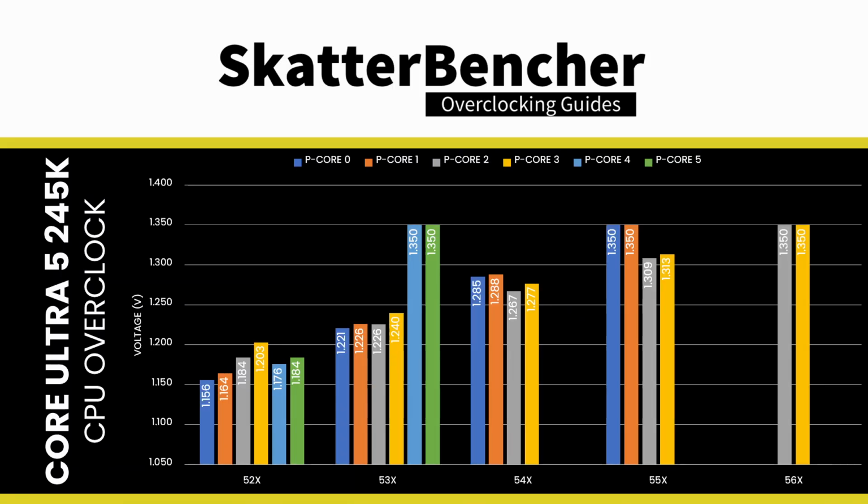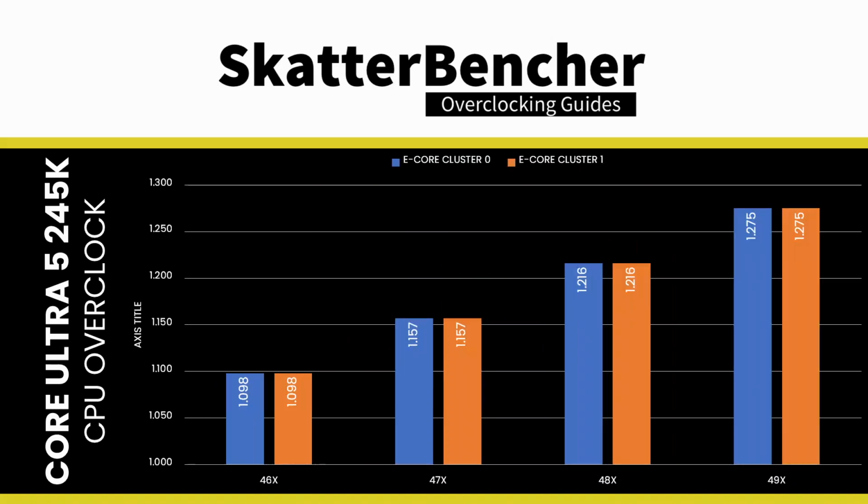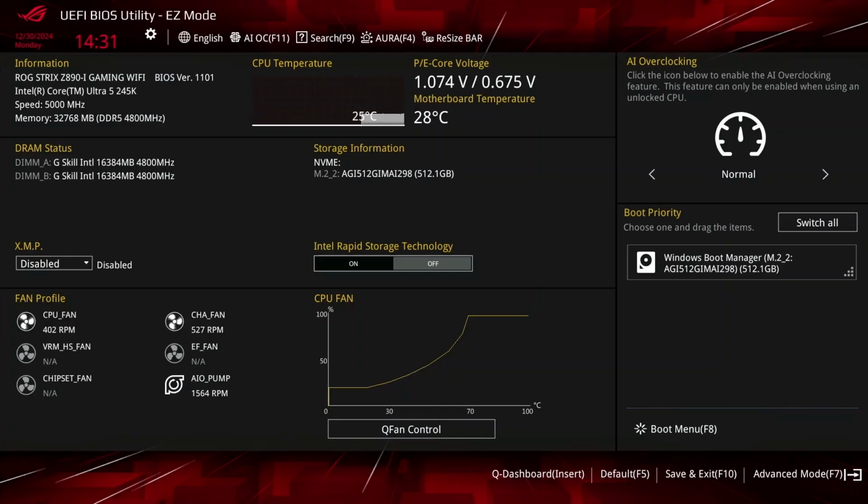With 1.35 volt adaptive voltage for the P-cores, I could increase P-core 0 and 1 to 5.5 GHz, P-cores 2 and 3 to 5.6 GHz, but P-cores 4 and 5 to only 5.3 GHz. I'll get back to P-core 4 and 5 later in this guide. With 1.275 volt adaptive voltage for the E-cores, I could increase both E-core clusters to 4.9 GHz. Upon entering the BIOS,